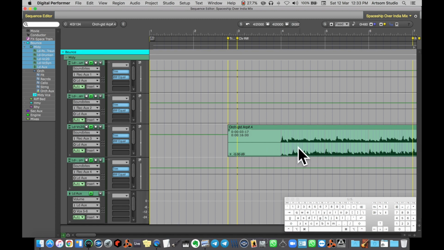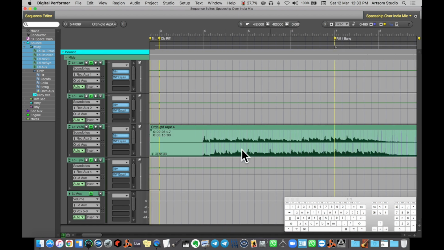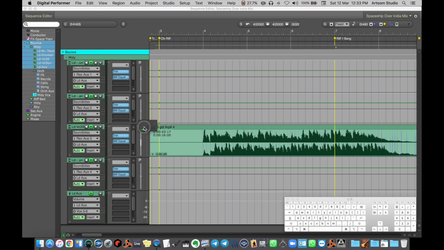If I want to increase and view this wave much larger, just go to this magnifier and increase it, you can see